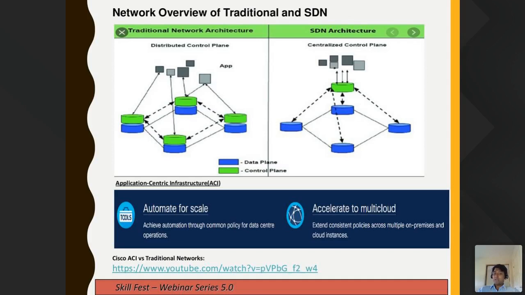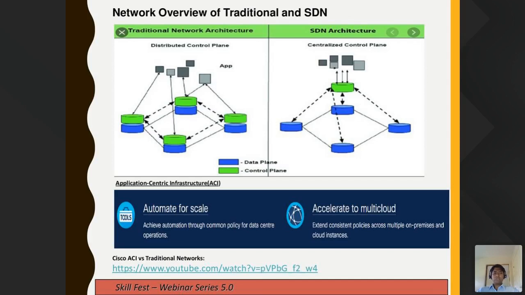You want to configure everything with some specific set of configuration details, you can do it centrally, and also you have more visibility, and all the four communicate from one brain. So it works very closely and very effectively. So that's a major difference between the traditional network and the SDN network.